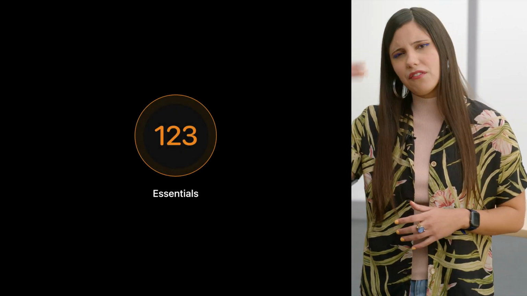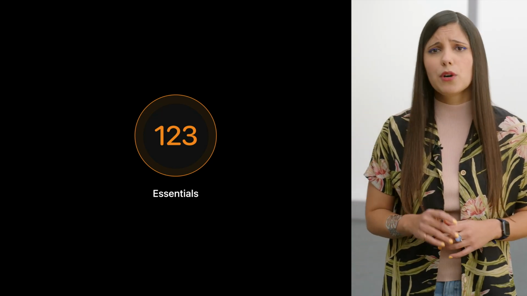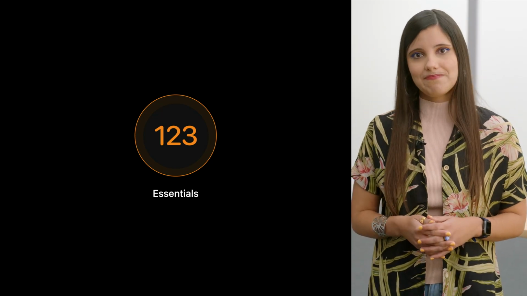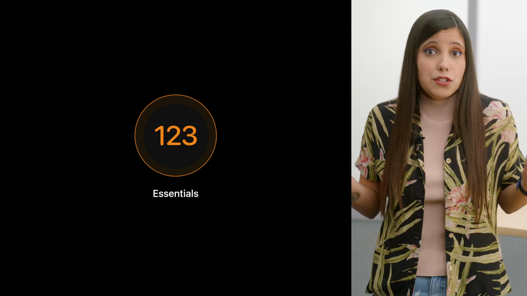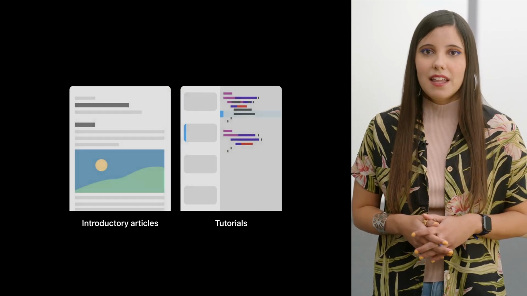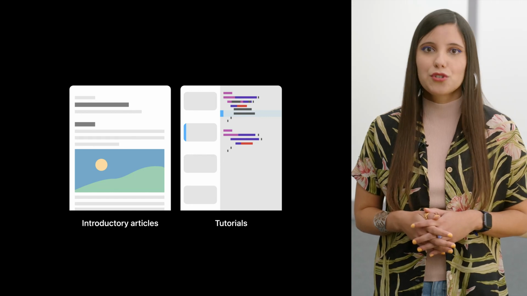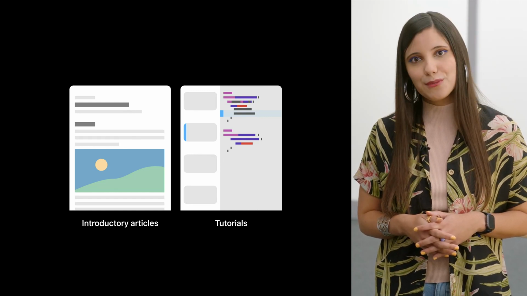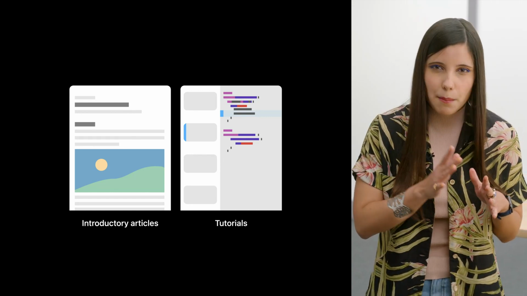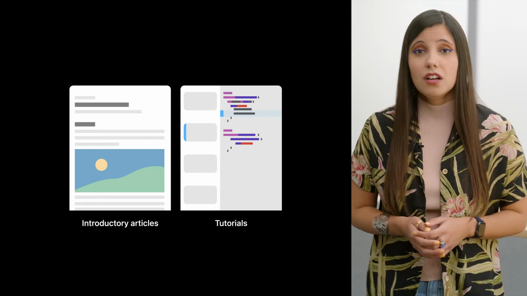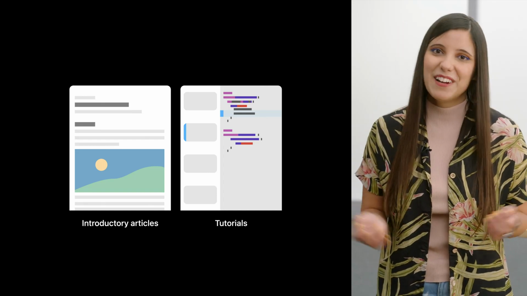Now, it's time to decide the pages and themes that should be organized under each one of these categories. Let me start with Essentials. This will be at the very top of the navigator and probably one of the first things developers will see. So I want to make sure this features the most important introductory content. This is a great spot to highlight introductory articles and tutorials. This enables developers to find step-by-step code examples quickly, which is, personally, my favorite way to learn.